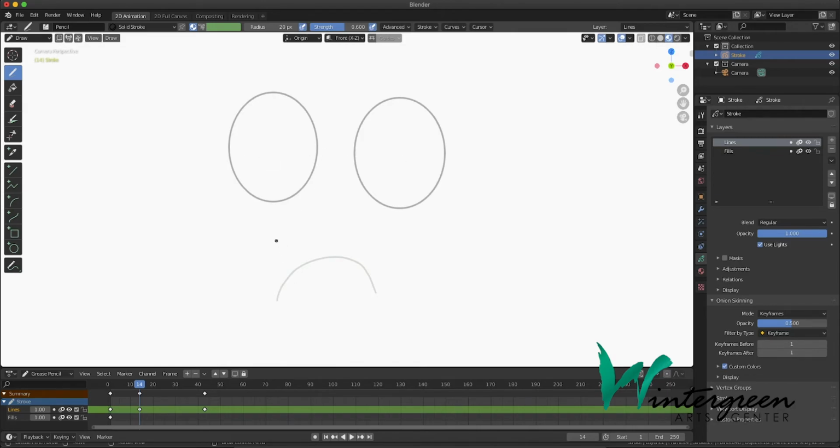We can draw a smile. So now when we go between frame 1, we see sad. Our second frame, we see happy. So if we put our marker in between, we can select draw on the upper left, and we can choose